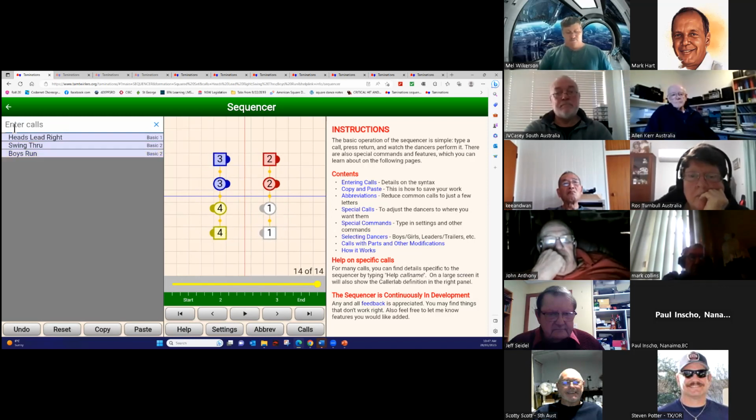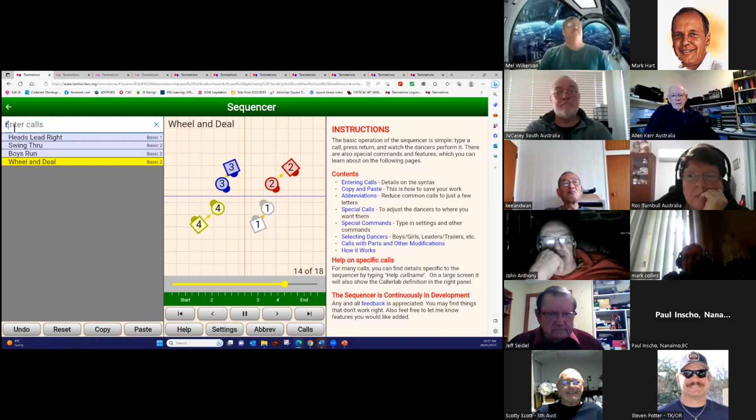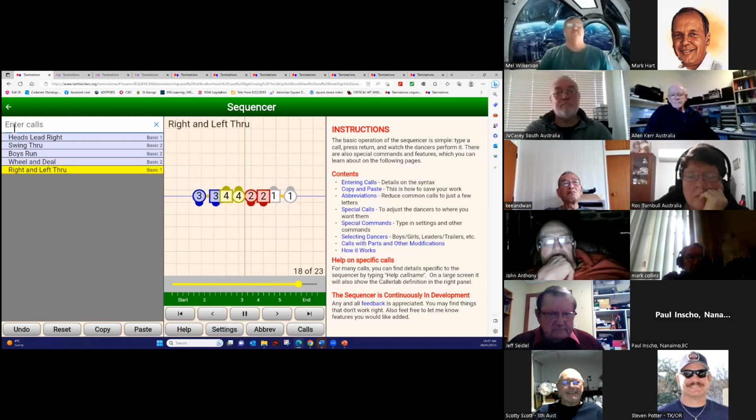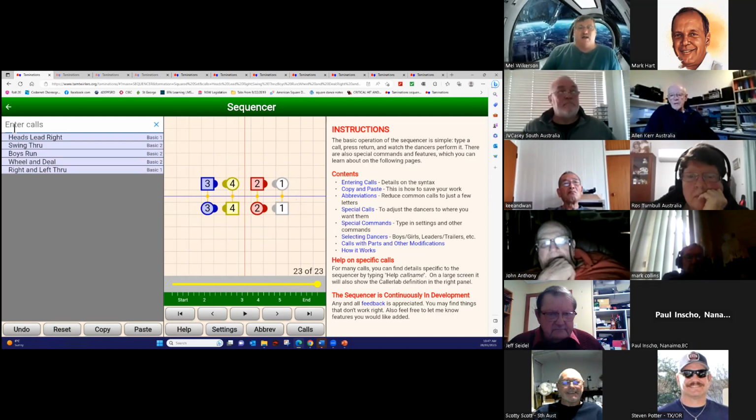And then I can do whatever I want here to put them into wheel and deal, right and left through. That's really chintzy, but you get the idea of what I'm talking about. Now I can use this technique. I can use the rotate left, I can use the rotate right, I can rotate across, if you are aware of the fact that one was in sequence, one was out. If you're not,